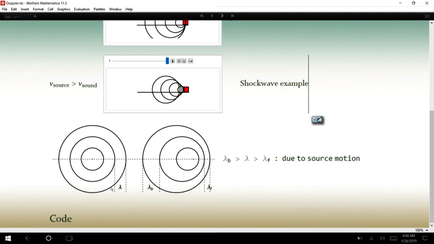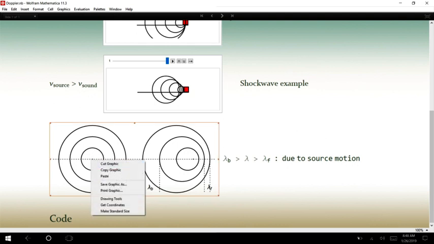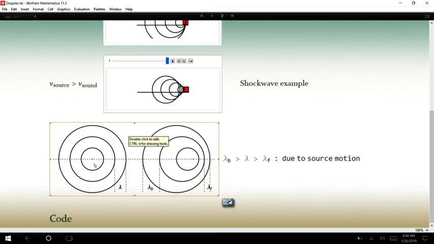So the particular situation that we will study is shown in this picture over here. This is a scenario where the source and the receiver are stationary. So think of this middle point over here as our source,